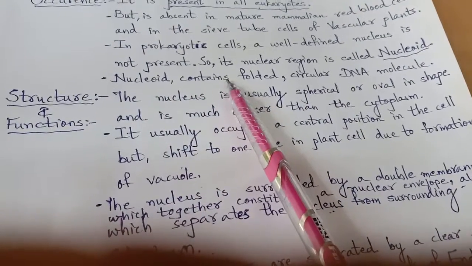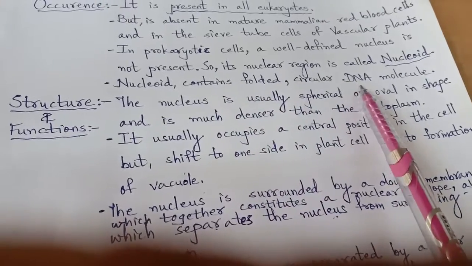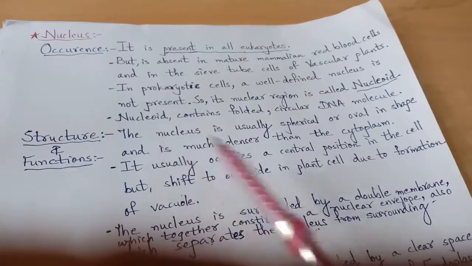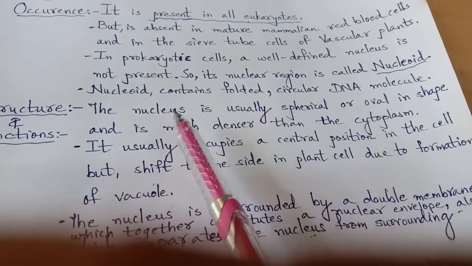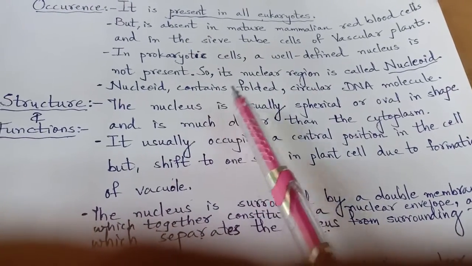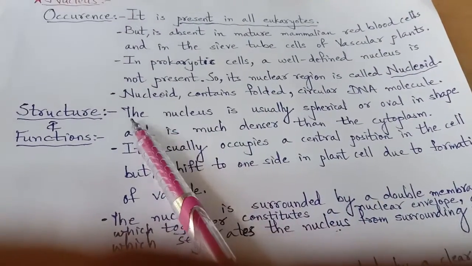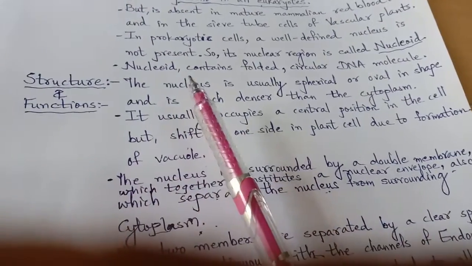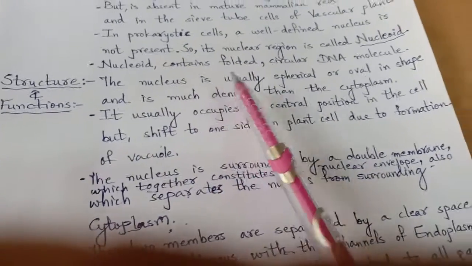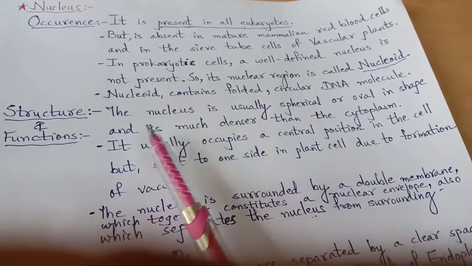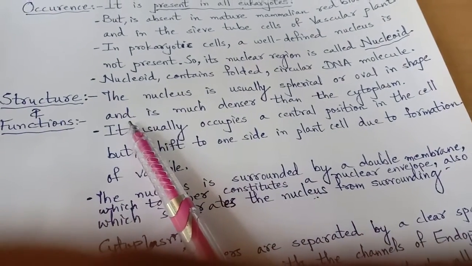Whereas in the eukaryotic cell, the DNA is helix in shape. Helix means spiral, right? It is just like the spring in your pen, or the springs of the swings. So that is the helix shape. So in the eukaryotic cell, DNA is in a helix shape, whereas in the nucleoid of a prokaryotic cell, it is circular in shape. What is the function and structure of the nucleus?